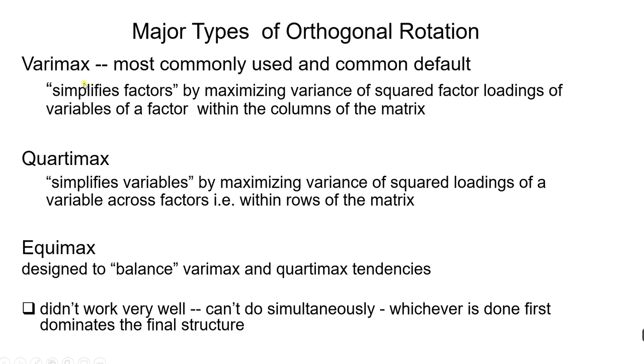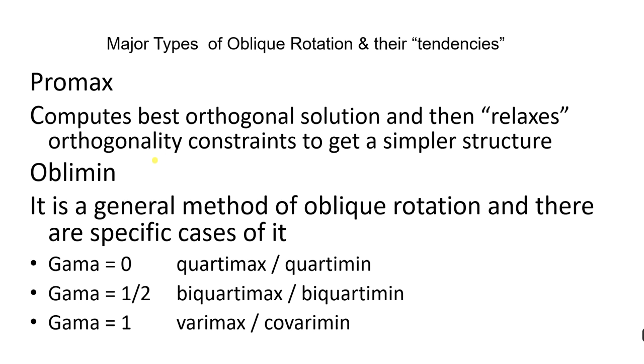And out of these three, as I said, Varimax is the most commonly used. So if you are going to do your research, you may start with Varimax rotation, but if needed, you can go for other rotations also. Factor analysis is a subjective method. Whichever rotation gives you a more theoretically meaningful structure and you have some justification for doing that rotation, you can opt for that. Similarly, there are different types of oblique rotations also.